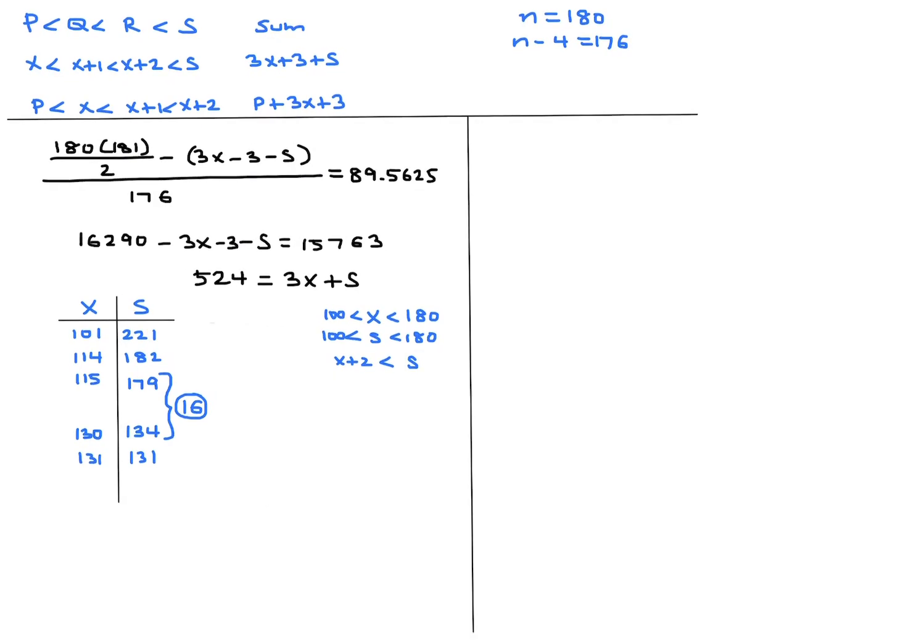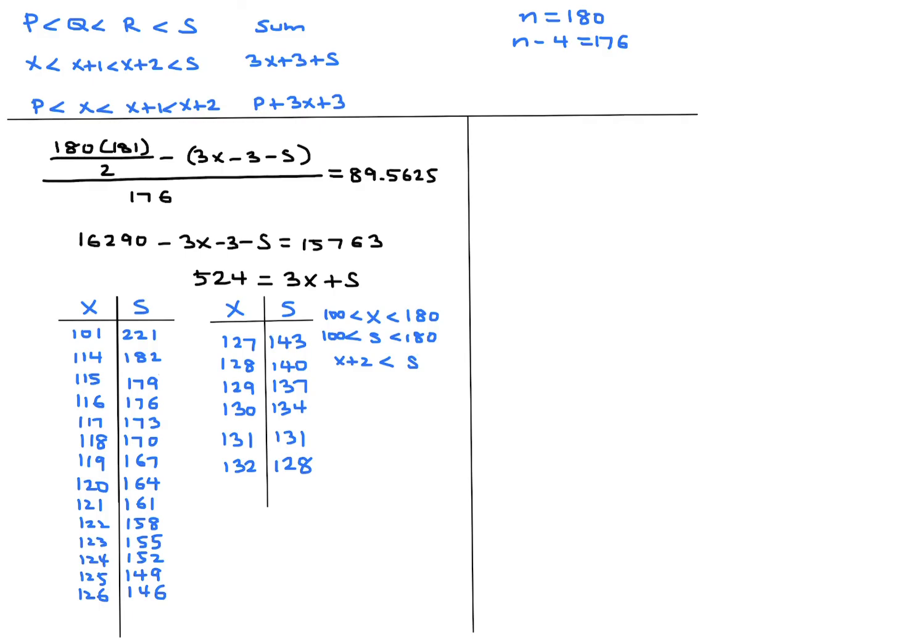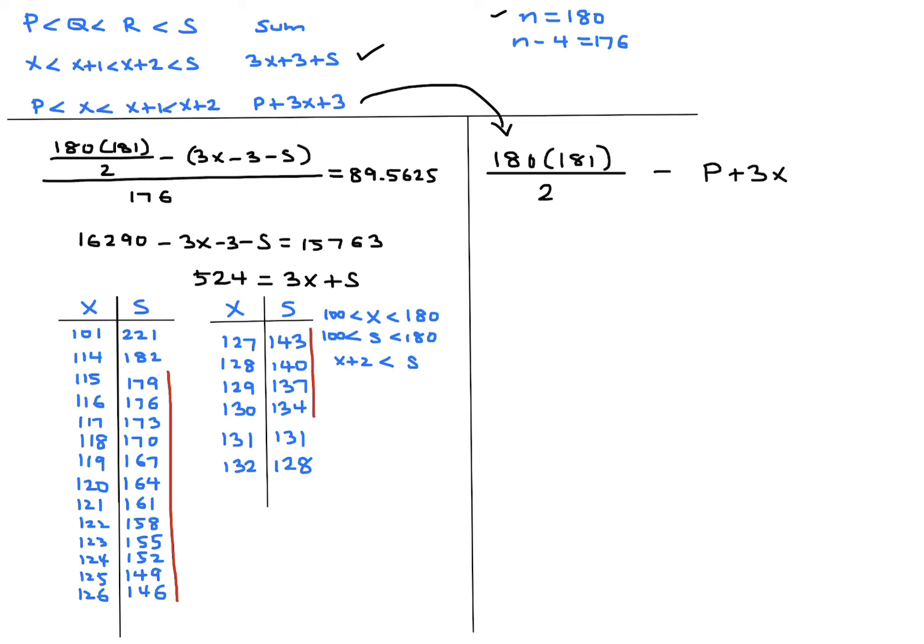First, let's list all of these 16 just to have a nice comparison for us. The 16 that we identified were from 179 all the way down to 134. So these 16. All right, now we've done that. Now we have to do this one right here. Same story, 180 times 181. Remember, n is 180. We're finding the sum, and this time we're subtracting p plus 3x plus 3. And then of course we have to divide by the number of values, which is 176, and that is equal to